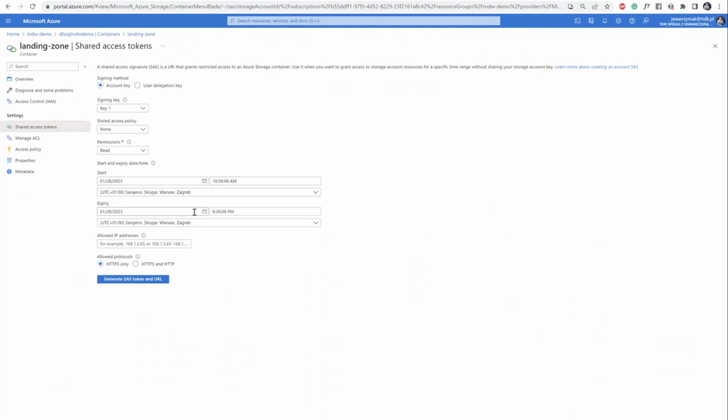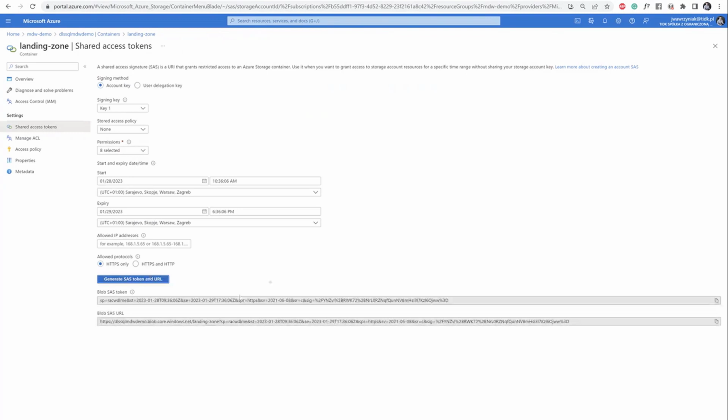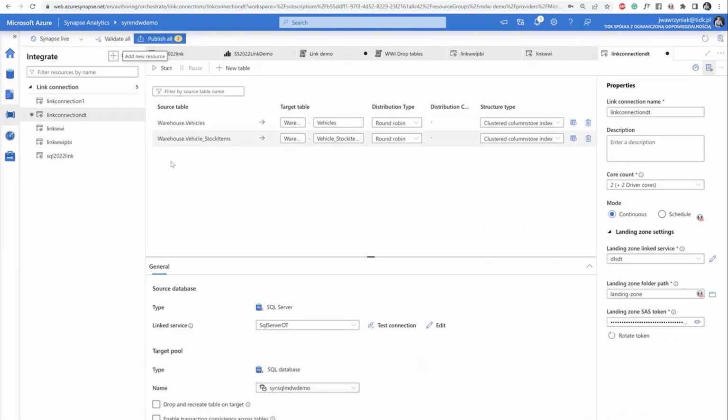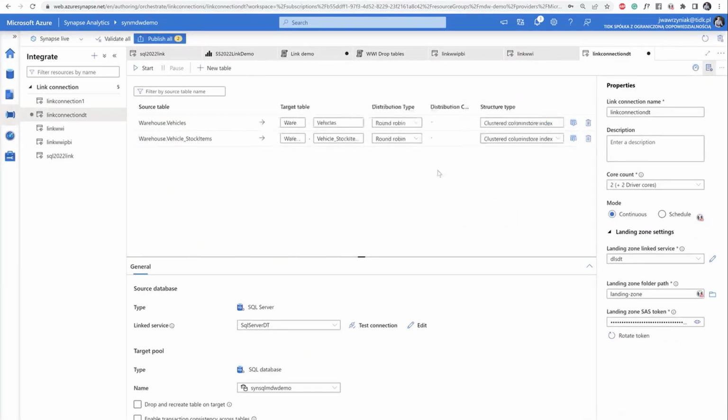Okay, let's say it will work. It will expire tomorrow, and let's give it permissions without ownership. Okay, so I'm just simply copying my SAS token, putting it here. Okay. And now you see this